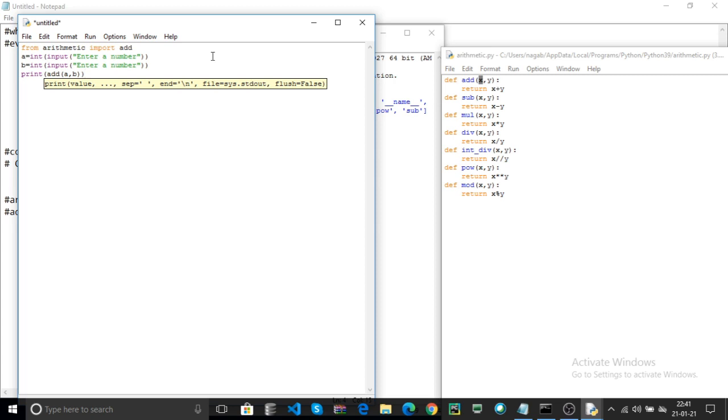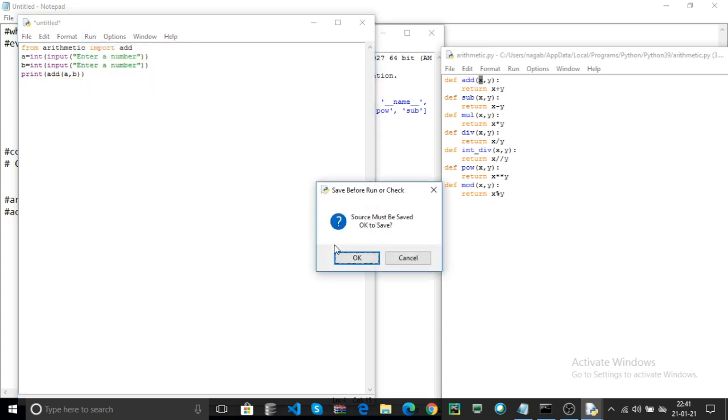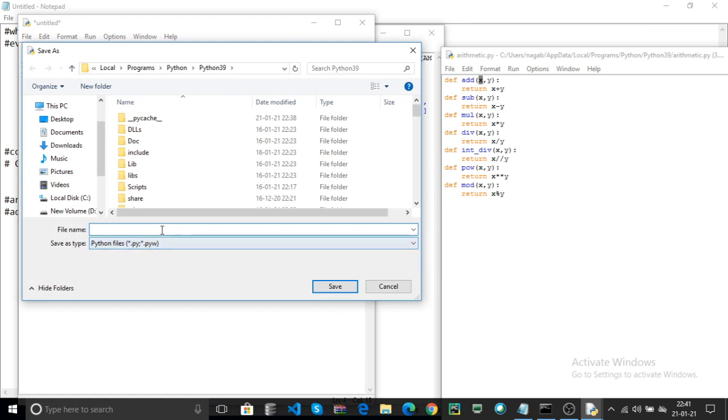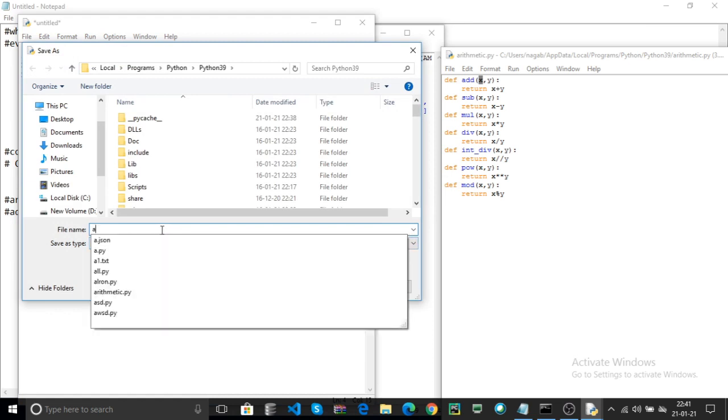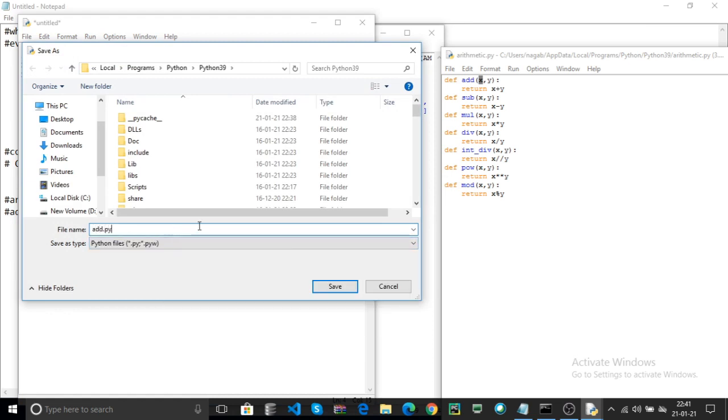Now you can go to Run Module, or directly press F5. OK. Here you can save the file name as add.py and click on Save. Your add.py file is stored where your arithmetic.py file is stored.